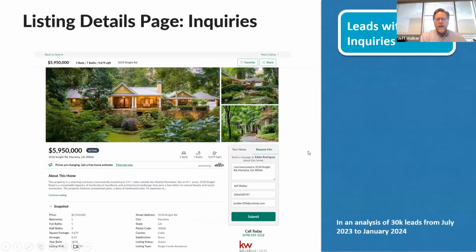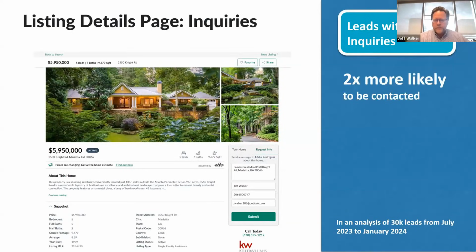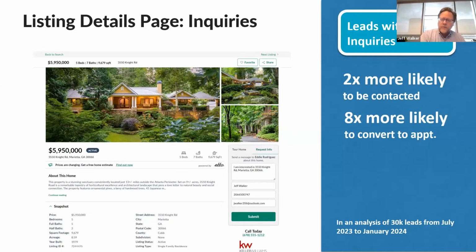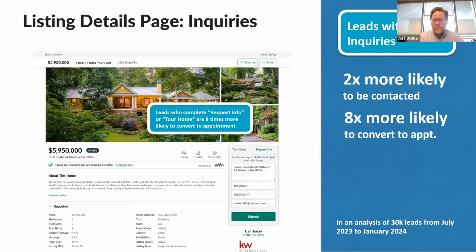And then when we look at where these inquiries come from, we've analyzed the impact of the leads that have submitted the various inquiries. And a lead that submits an inquiry is 2 times more likely to be contacted. So that means you're twice as likely to reach them. But more importantly, they're 8 times more likely to convert to an appointment. So we know that if you spend and prioritize time on those leads first, you're going to have more success because you're putting your effort into the area where you're going to get the most likely